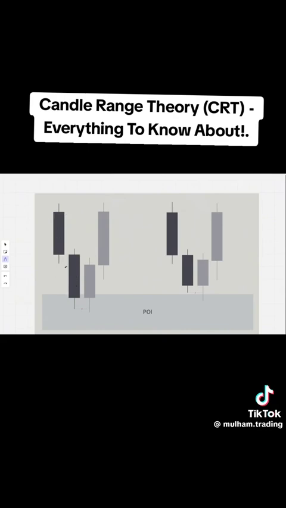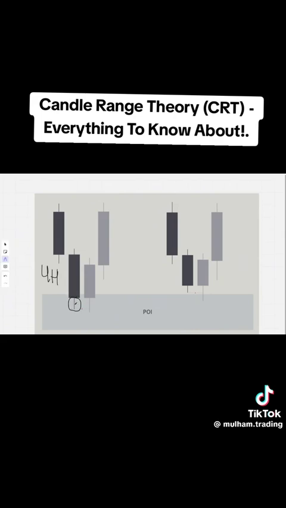And if you notice, sometimes I have different colors of candles because this is another slide. This one here is a bearish one. This one is a bullish one in this specific slide. So we're going lower. Let's say this is a 4 hour. So the 4 hour closes bearish inside of a POI. You see right here in this wick, there are a lot of people who entered long already.